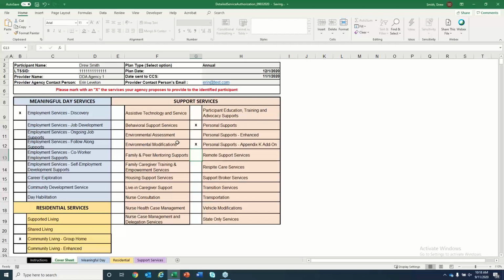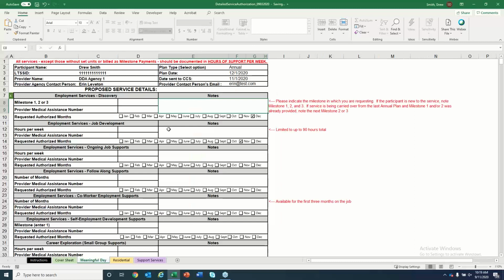I've done my job. I've identified my services. I can do a quick check and see that really there's nothing left for me to do. So now my job is to go through those 3 tabs. So what I know is, because I'm providing 3 relatively comprehensive services to an individual, I need to fill out all 3 tabs. So as I go into this, again, we see that the information for me as a service